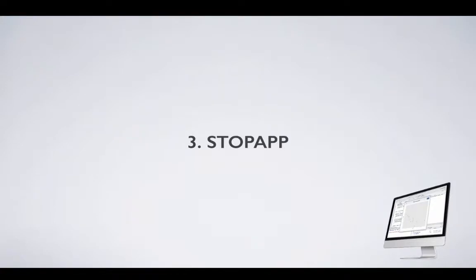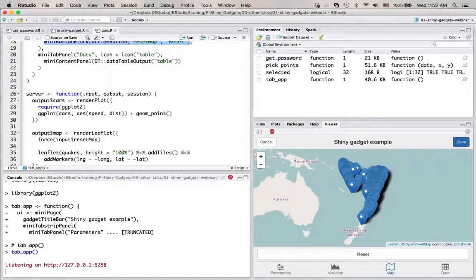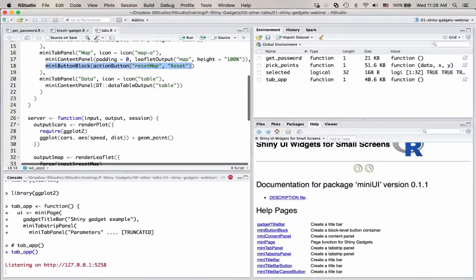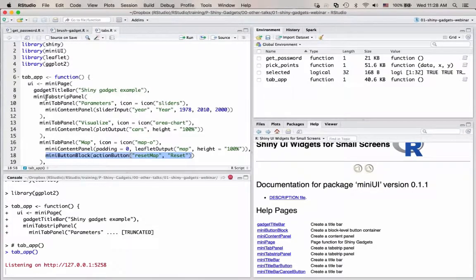That's the demo there. Before we move on, those are just a few building blocks to work with, but you could combine them to make sophisticated gadgets. There's really not so much more you'd want to do to a gadget, so this will take you quite far. And if we go back to the help menu, you can see that there's really not much else in this mini UI package. The other functions here handle the actual bars that are added by default to your gadget